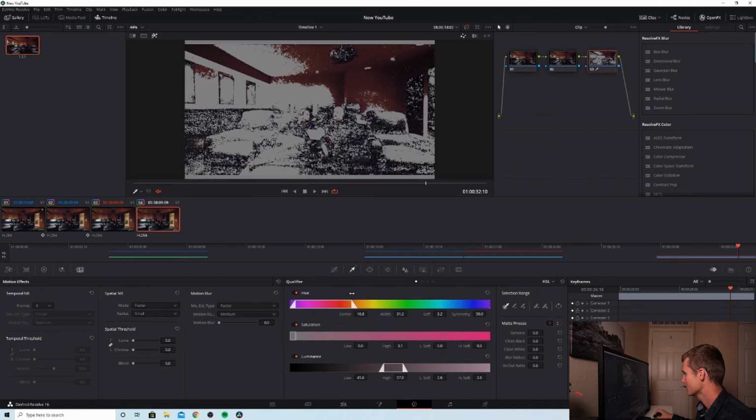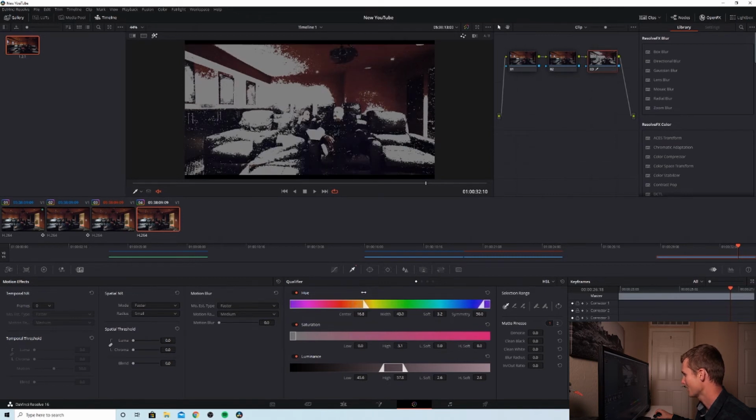Okay, so the hue's looking pretty good right off the bat. I can adjust the saturation. Okay, so that brings in a little bit more, but we also bring in the faces a little bit more, so we don't necessarily want that. We can go ahead and move it to around there, because we don't want to touch those highlights too much